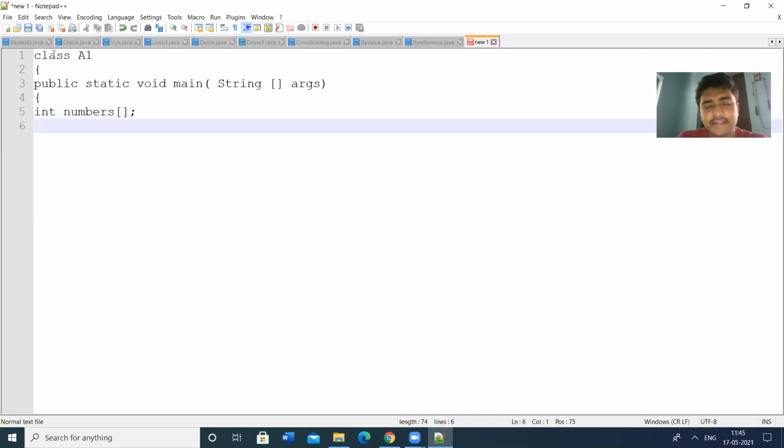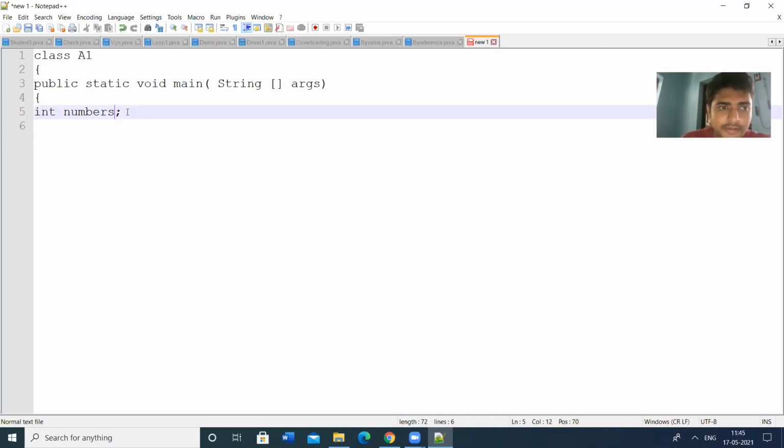You have to give the square braces either before the array name or at the end of the array name. Either way, we can give the indexes.